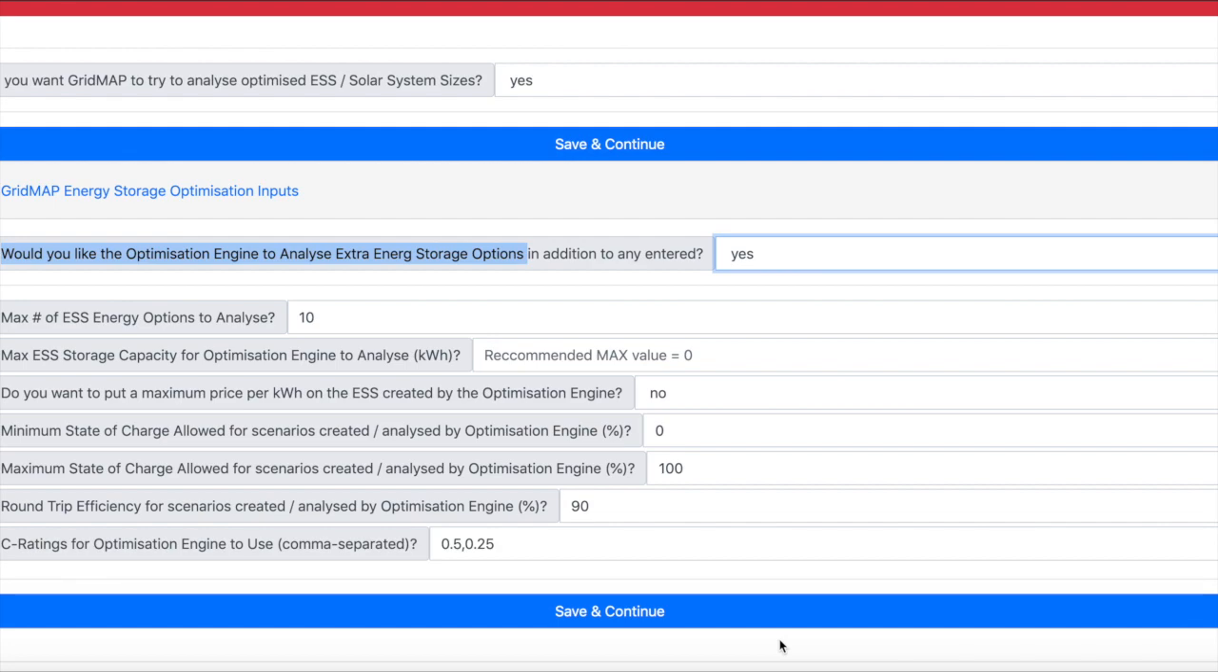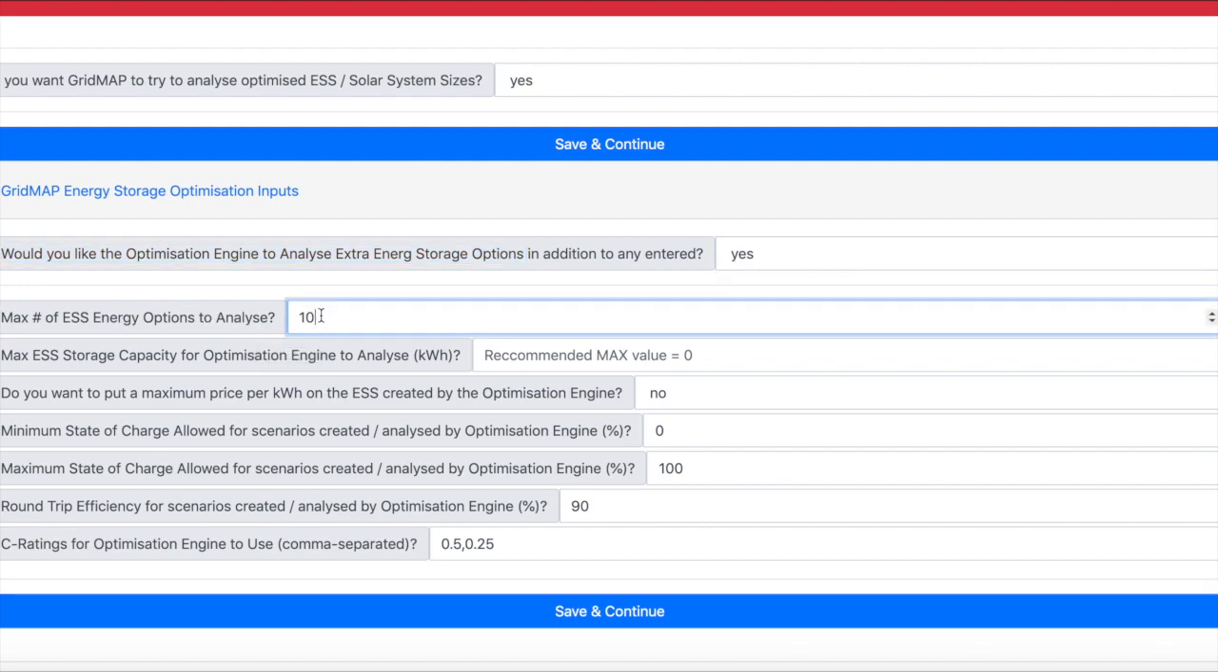So if you've chosen that you would like us to analyze additional energy storage options for you, then you'll be shown these different input areas here. So the first question, maximum number of energy storage options to analyze. Basically, what this means is, if you go down to the second one first, the maximum energy storage capacity,